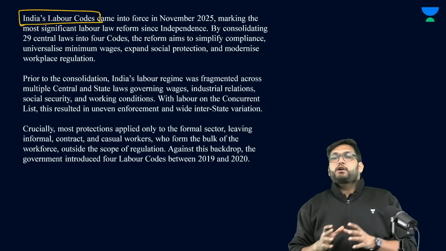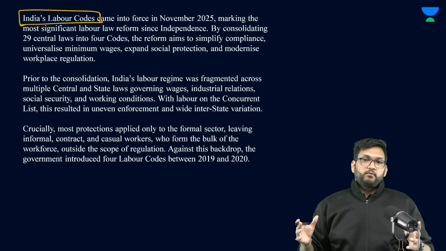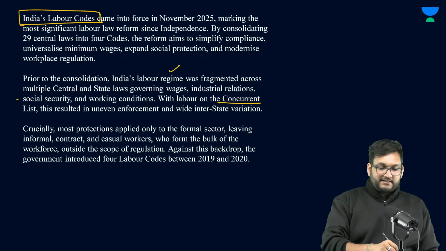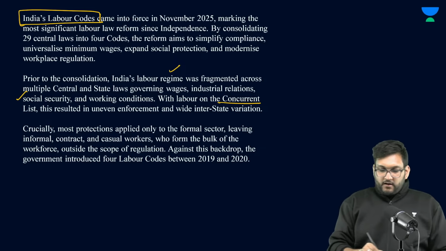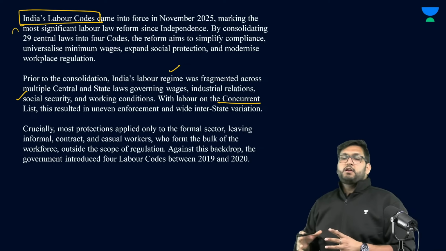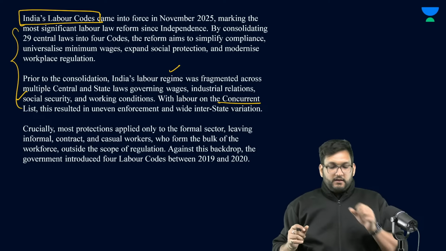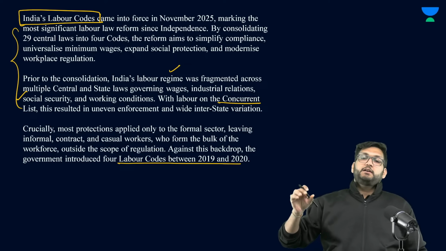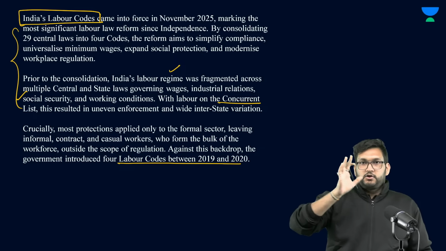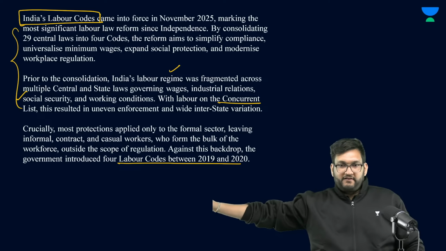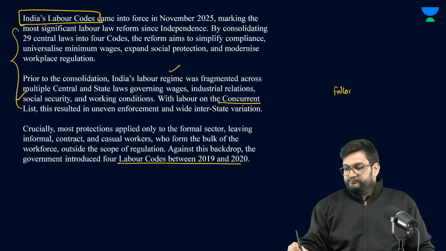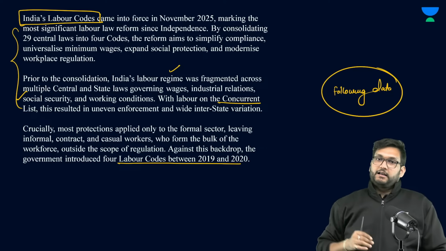The reason for the labor laws to be so fragmented was that labor is part of the concurrent list. Therefore, both the center and the state can make laws. And we had a regime which was extremely scattered. Now, the four labor codes which have been brought in over the period of 2019, 2020, and 2025 take into consideration the following data. Now, this data per se is not important, but the issue is